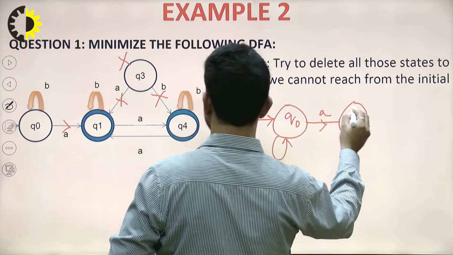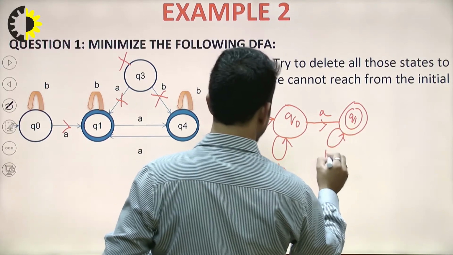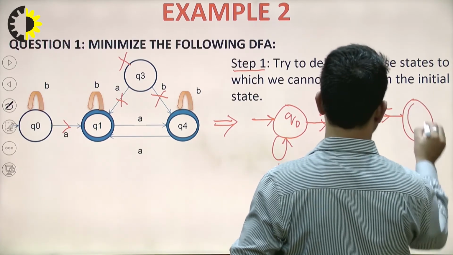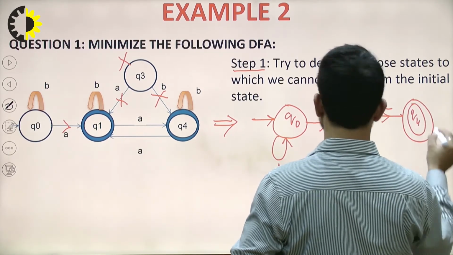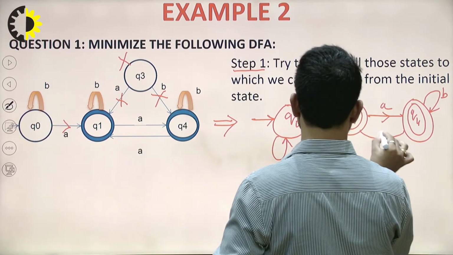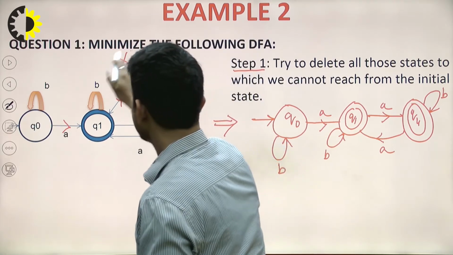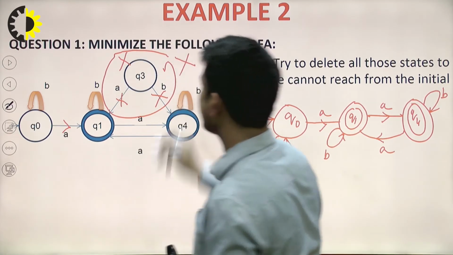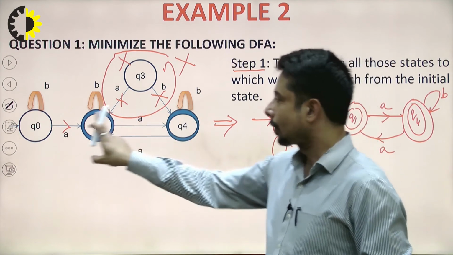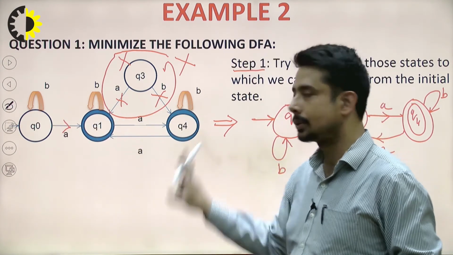And this will be your Q1, where already an input transition is there for B. And then A. And this is also a final state, Q4, where already a transition of B is there, and from Q4 it is a backtrack of A, and this particular part will be deleted. So this is the diagram that we got. Now I haven't checked for Q4. From Q0 directly I can reach Q1, and through Q1 I can reach Q4. So Q4 is a reachable one.